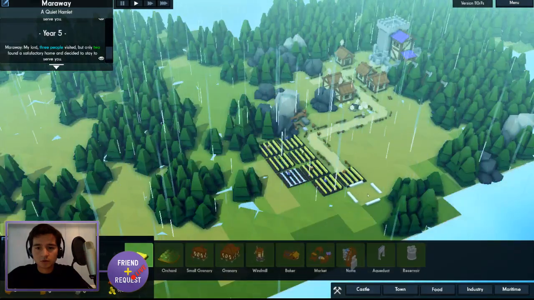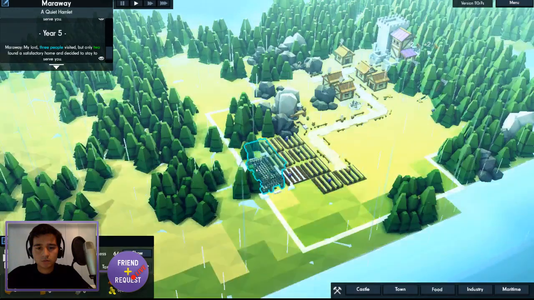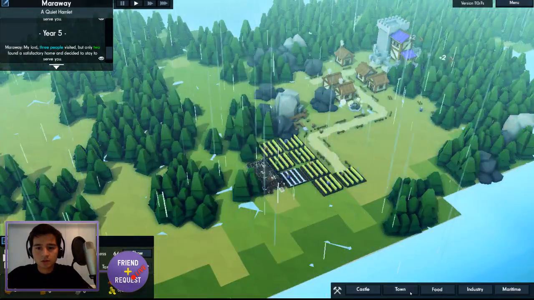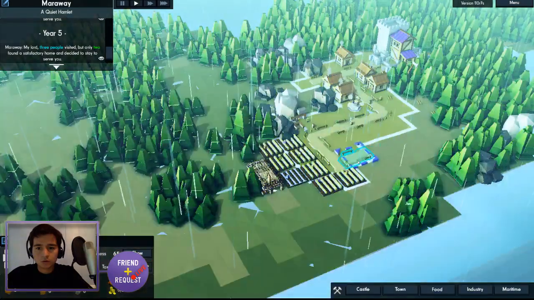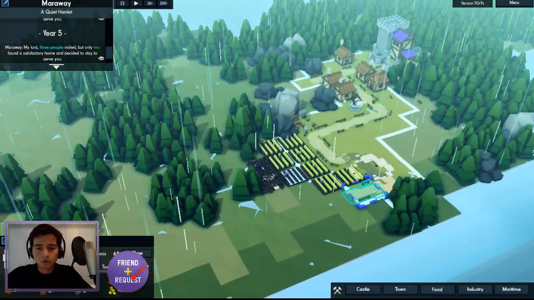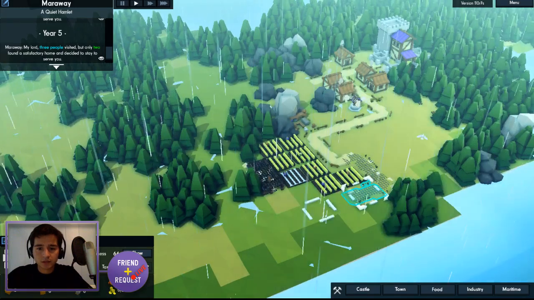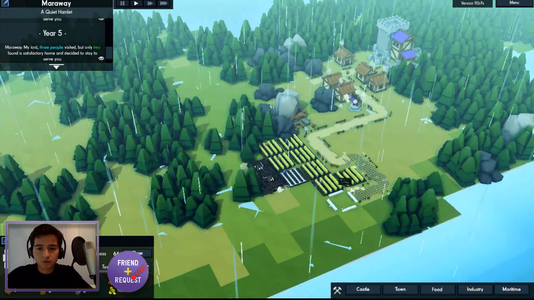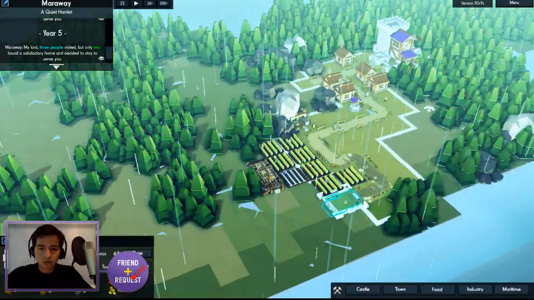Or we could stick it over here also as another option. Stick that there. Do need to connect it to a road, so up this road through here. I want to avoid as much of this fertile land as I can, but there's not really that much I can do to it. So I do need to just build where I can. So I'll just